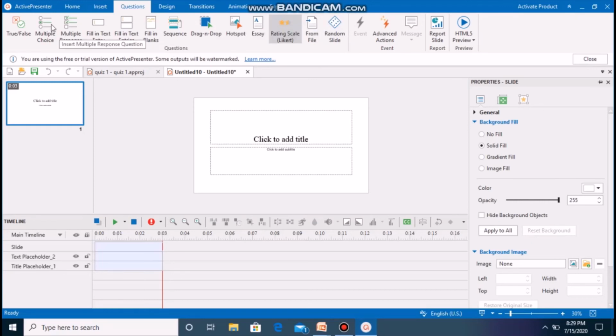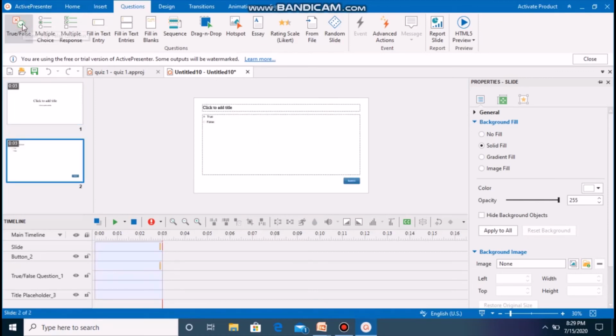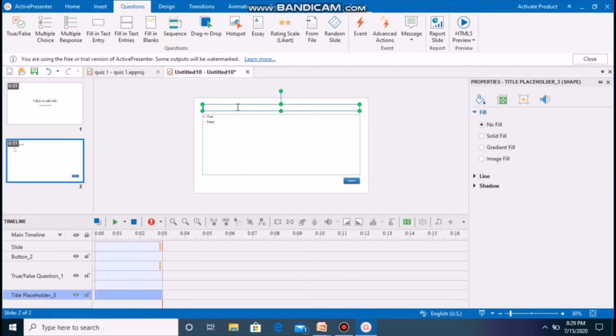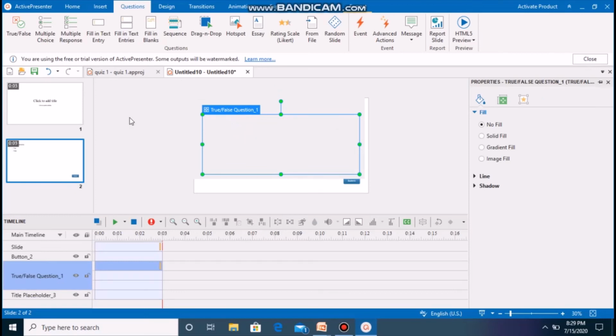Suppose we decide to create our first question of true and false type, then it will look on your canvas like this. Again, we have two components on our canvas. The first one is to create or type your question, and the second component is for your answer.